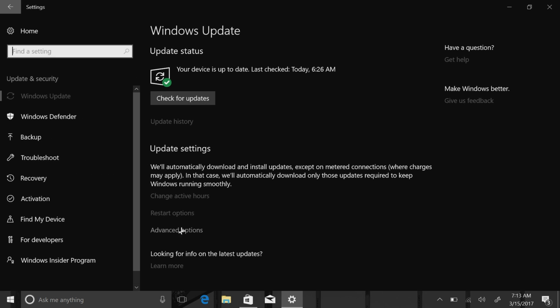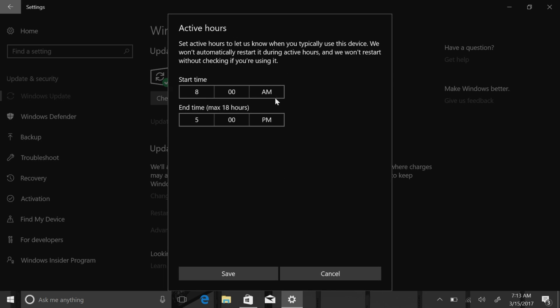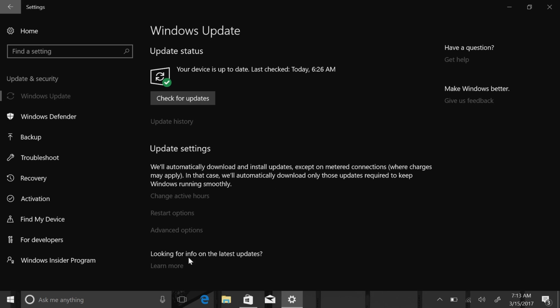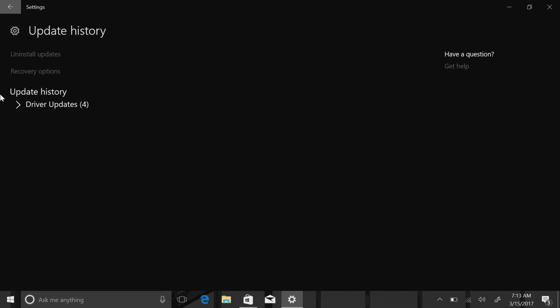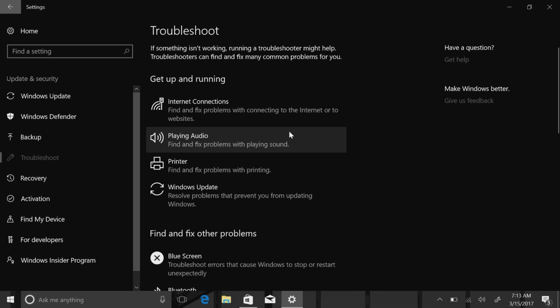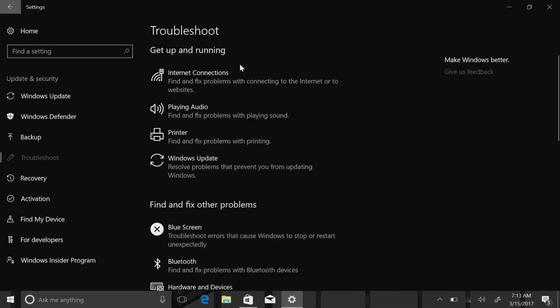And if we go back here, you'll see that there's now active hours, which is already there, but you can now make active hours last 18 hours rather than, I believe it was 14 or 12 hours before, which is incredibly fancy. Now, there's a new troubleshoot area here as well, which will allow you to figure out issues with